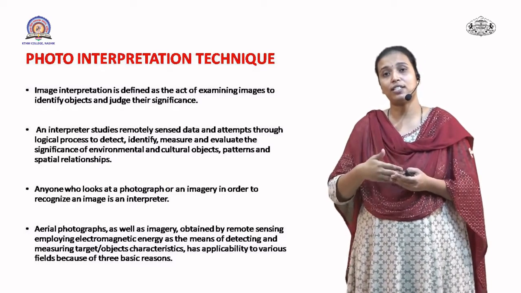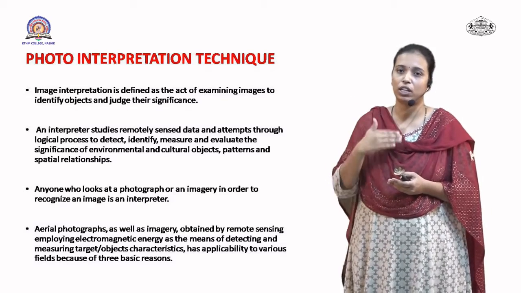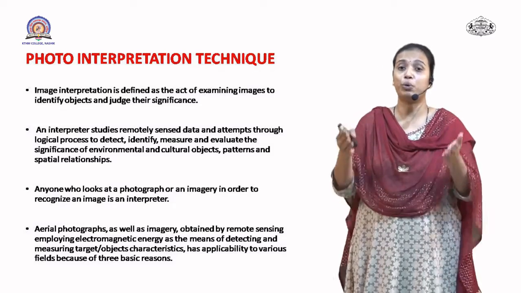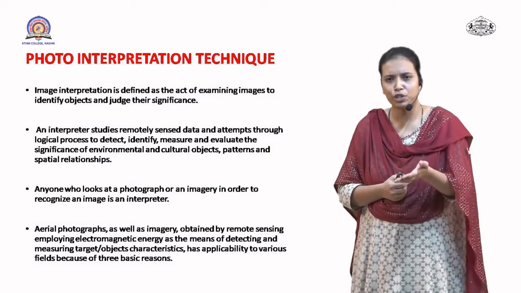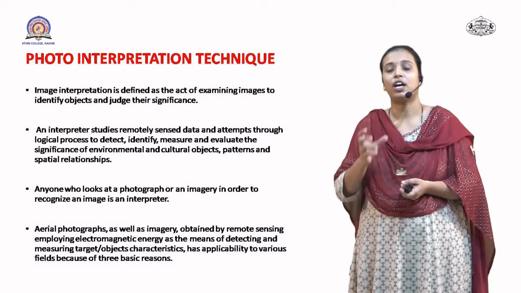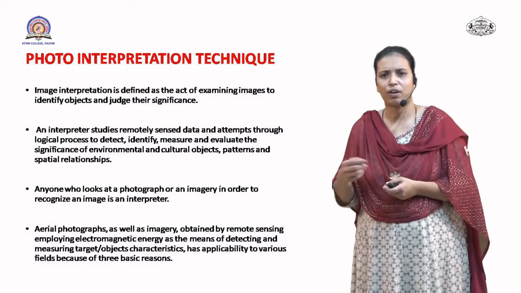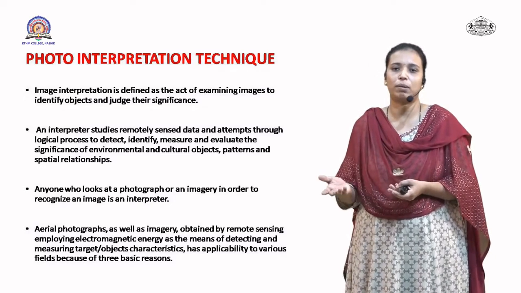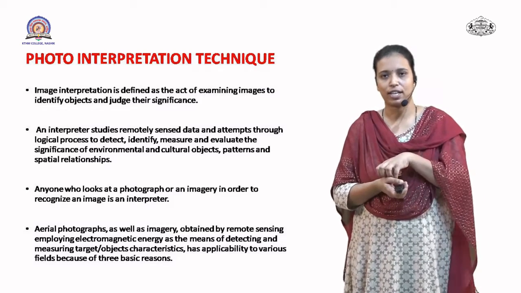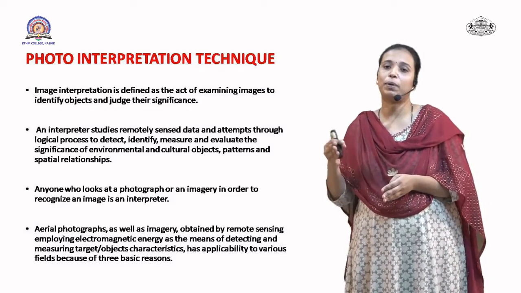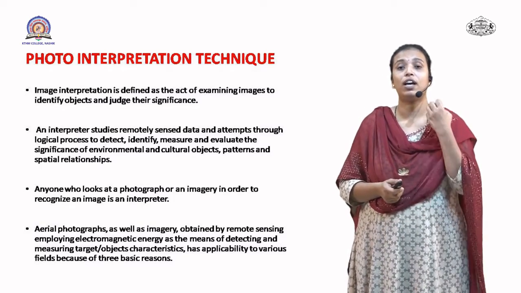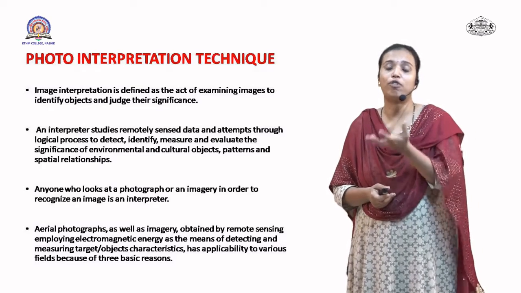But as the satellites are thousands of kilometers away from the earth's surface, you can capture a huge area. As you can see in a topo sheet or in a map, the scale is maintained in every topo sheet. Each kilometer is equal to, for example, so many meters or centimeters, it can be anything. So a large area is captured by those sensors, so we need an interpretation technique. This photo interpretation technique comes under the characteristics of aerial photography.